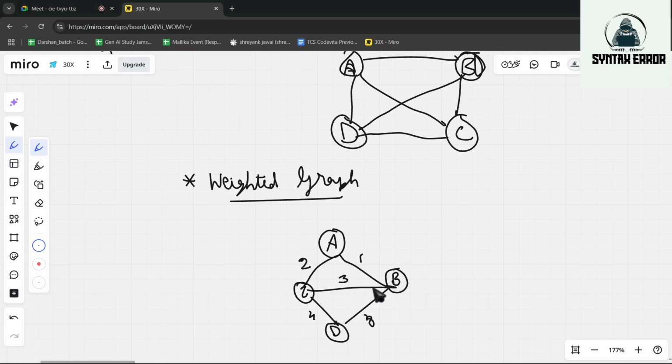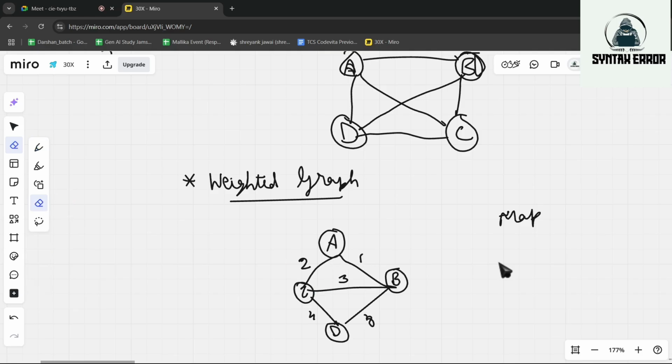Why is it used? A real world scenario is a map. If you want to go from A to D, suppose A and D are two cities, and you can go from A to D using different paths.